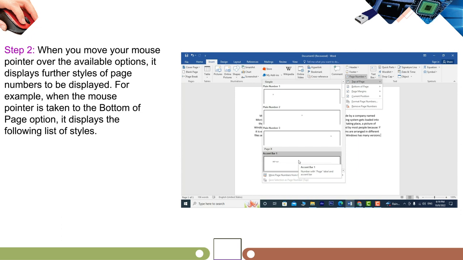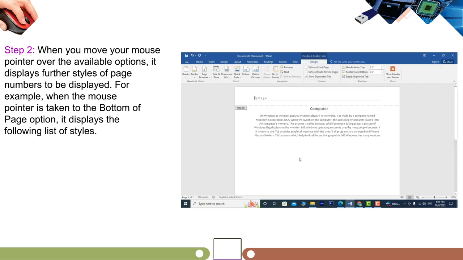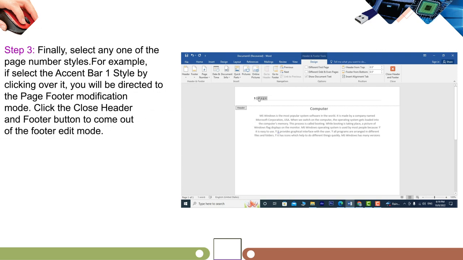For example, when the mouse pointer is taken to the bottom of page option, it displays the following list of styles. So now our next step is to finally select any one of the page number styles. For example, if you select the accent bar 1 style by clicking over it, you will be directed to the page